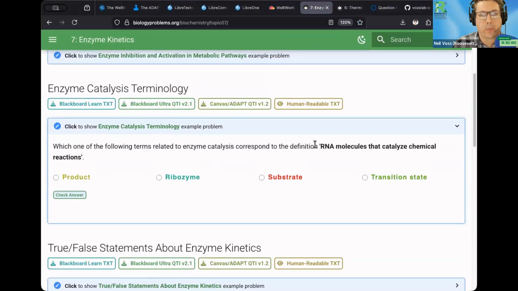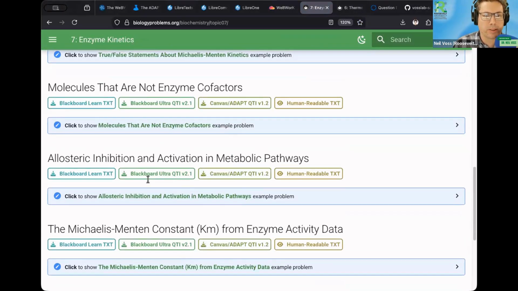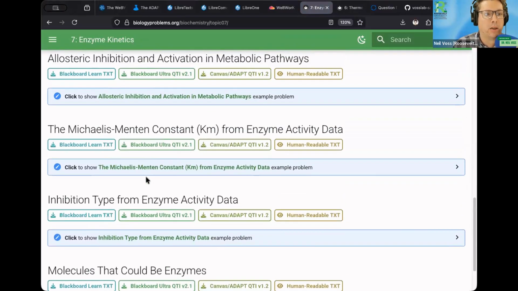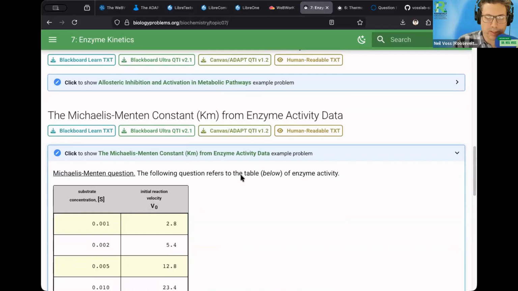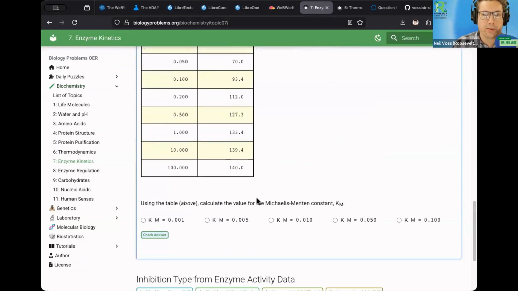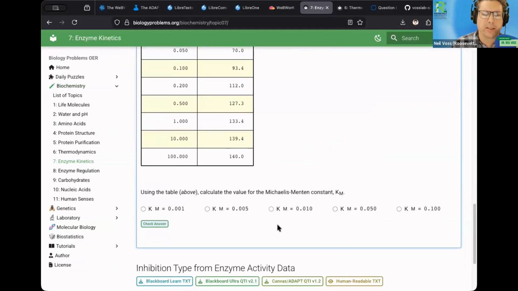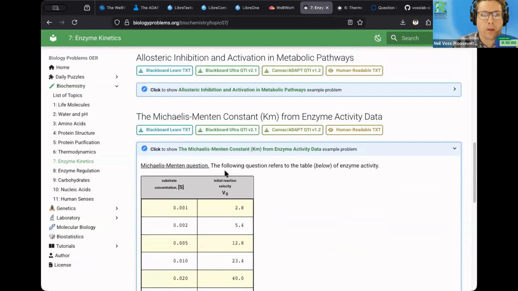Connecting this one, I have a lot of terminology connecting catalysis. So this one's kind of like a select the correct answer, but I have the same thing as probably a matching question later on this page. One of my favorite ones is to give the students a collection of data, and then they have to do some calculation on the data. It doesn't seem to render as well on my web page version, but